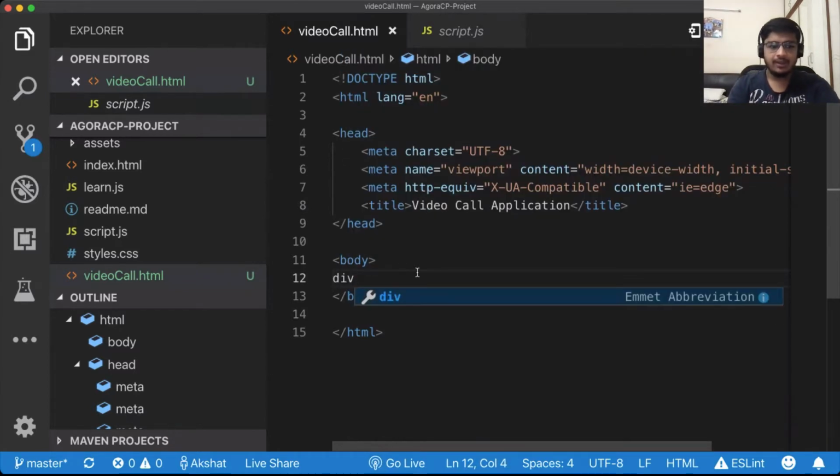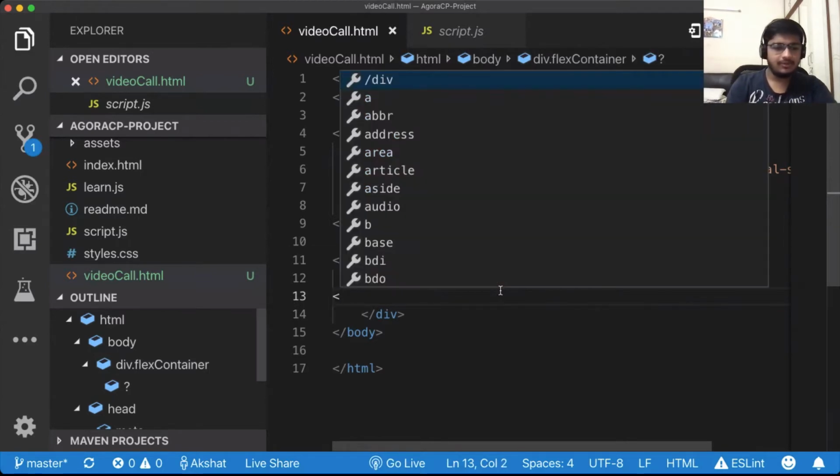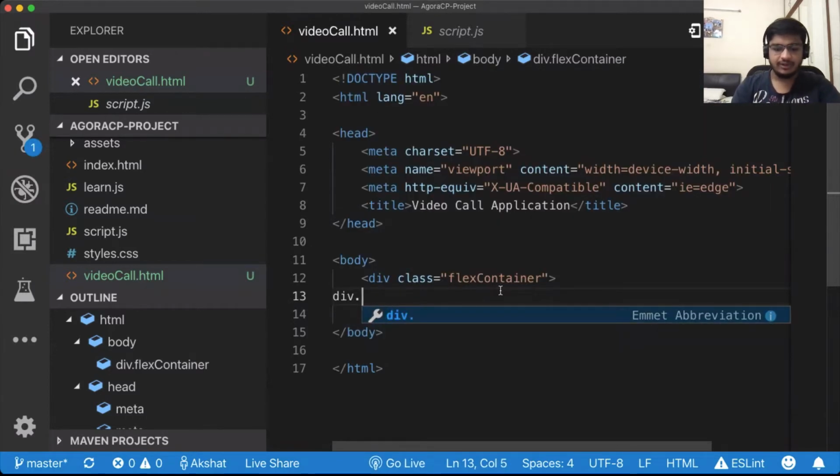So I'll just type div dot flex container. Again, this is an emmet. This basically creates a division with the class flex container for me. This is the main big container. We'll add the CSS for this later. This CSS was not present in the previous session because it is very basic padding or something we'll be adding. Now, as I mentioned, we'll have a left pane and a right pane. So I'll just begin with the left pane. Div dot left pane,